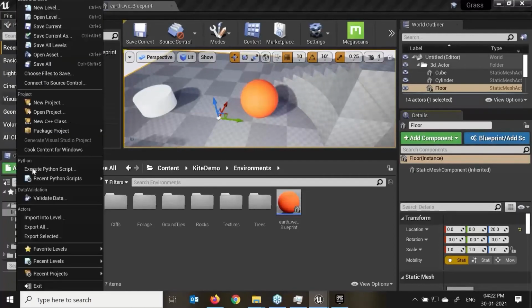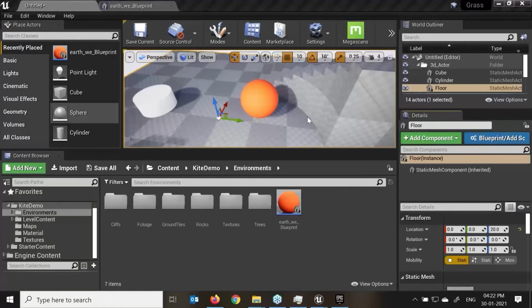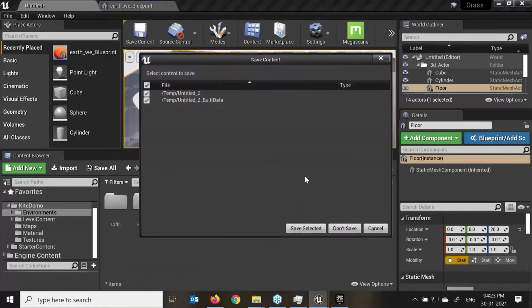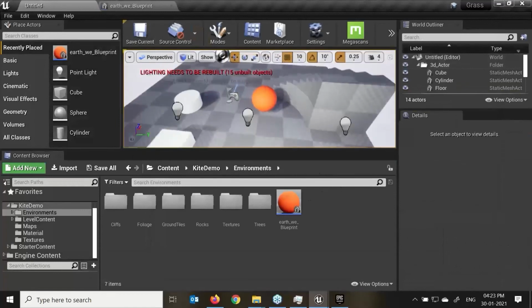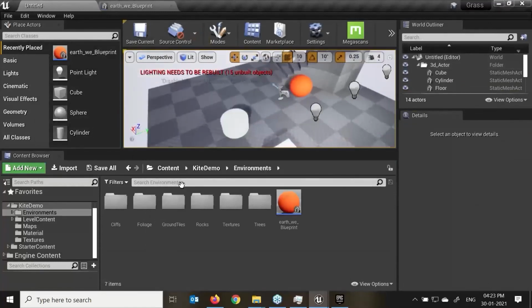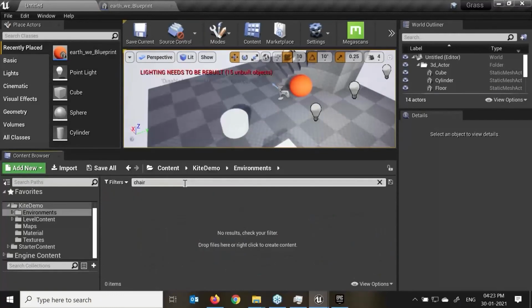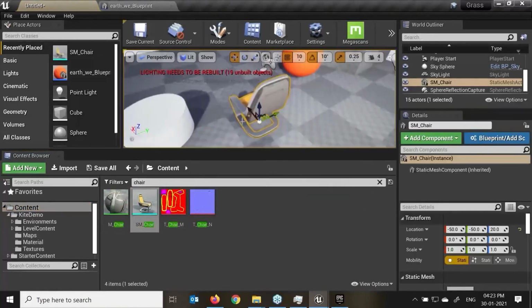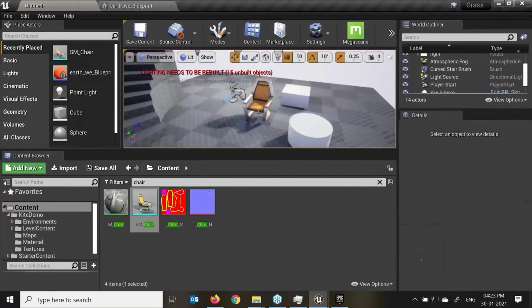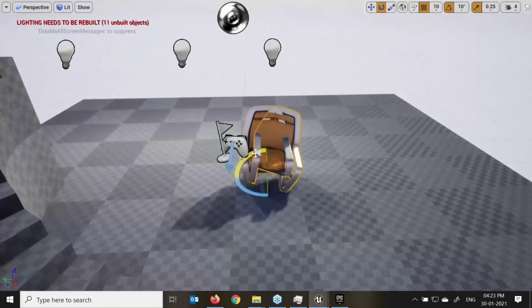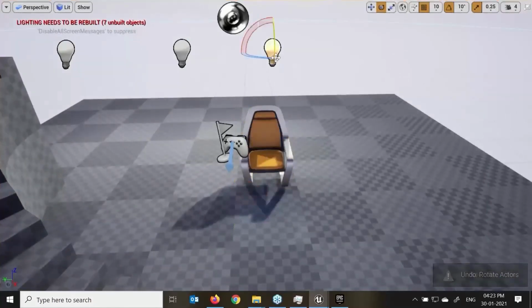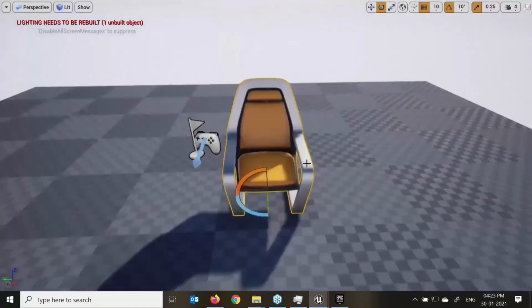Again, let me go to my previous. Just let me drag the toolbar over here. Go to the file, and say recent level, untitled, save selected, save. Yes, overwrite on that. This is my level again. If I import a chair into my scene, we have the content demo, I'll just drag and drop, F. I'll just delete the unwanted area. Now, I do not require this light as well, so let me just delete that light.